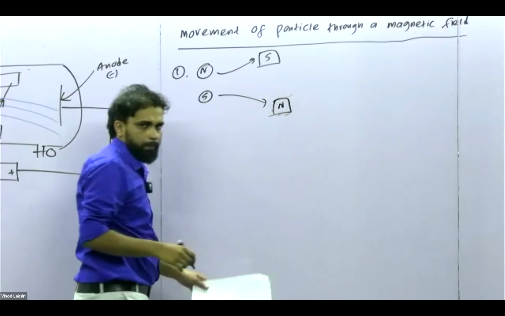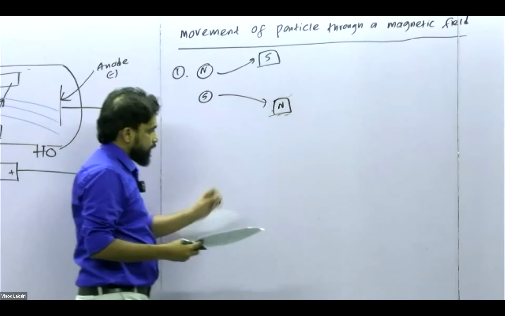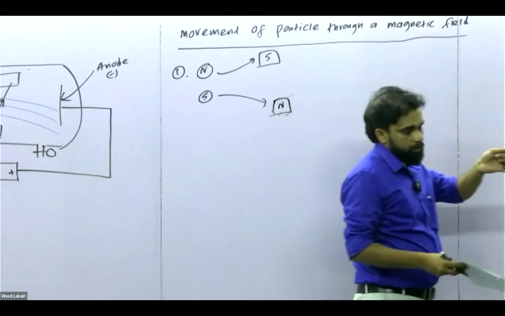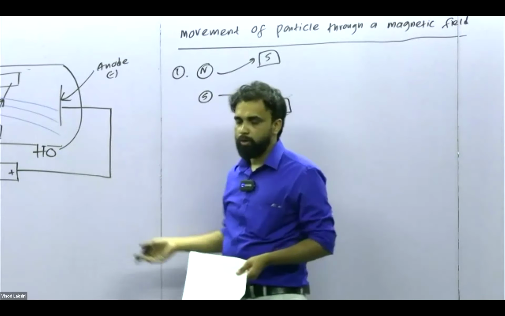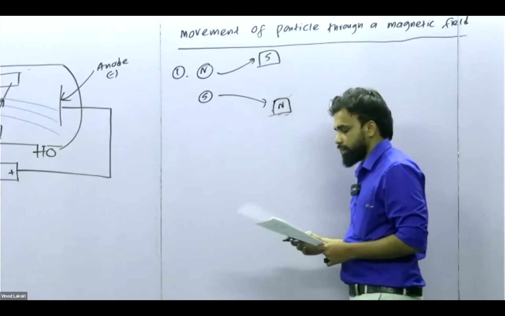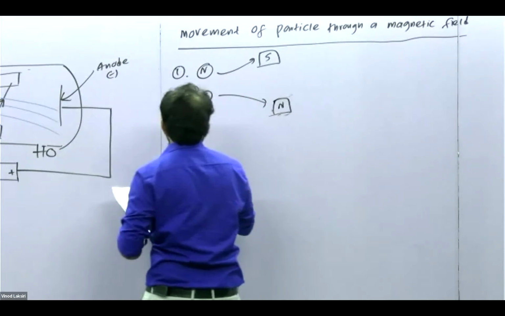That's the first thing, right? If a particle does not attract the N pole, then what is the conclusion? Similarly here, they don't have magnetic property, right? Then next one,